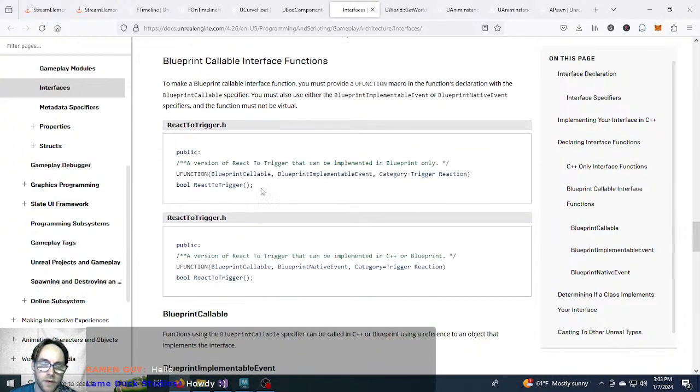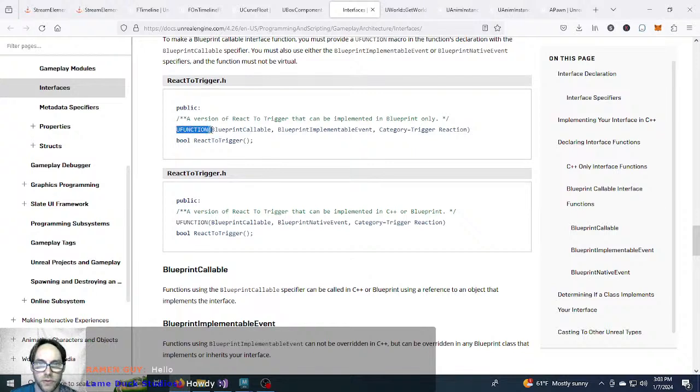Okay. Might be a bit, if you're not used to it, if you want this to be blueprint callable, there's some more work you have to do. You want to make sure that it is a U function. It has to be a U function. And then you declare it as blueprint callable, and you can do blueprint implementable event, or you can do blueprint native event. The big difference is,